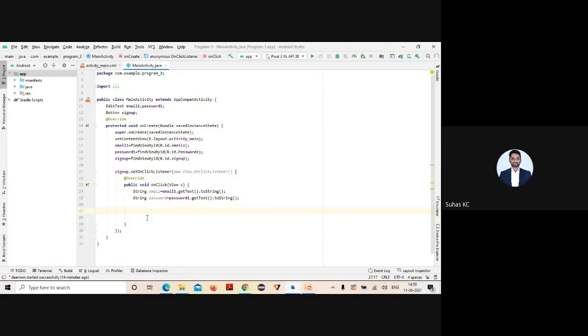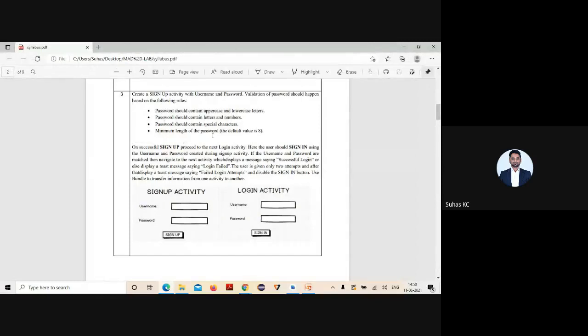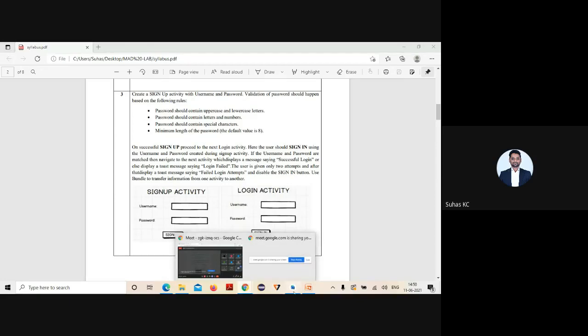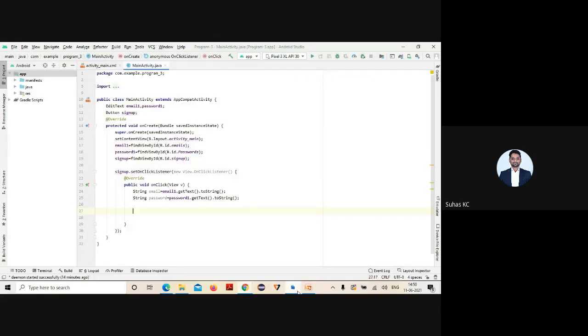Hope you're clear. Now, as per this particular program, I need to validate the password I'm entering. For that, I'm writing one user defined method.